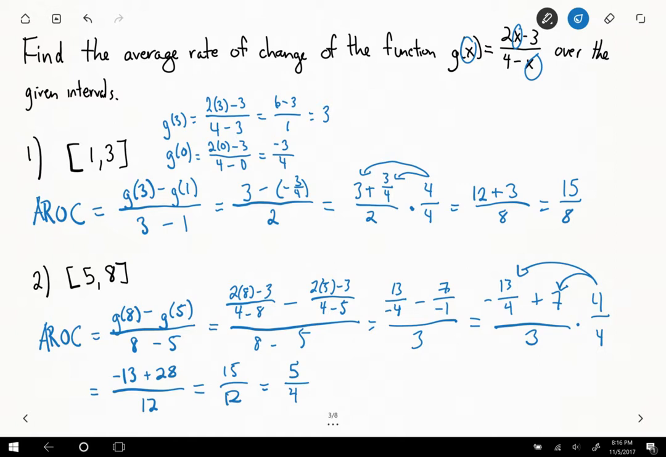So hopefully we see how these average rates of change are coming about. And if you have any questions, as I said, post them in the chat box. I'm happy to answer them along the way. Alright,